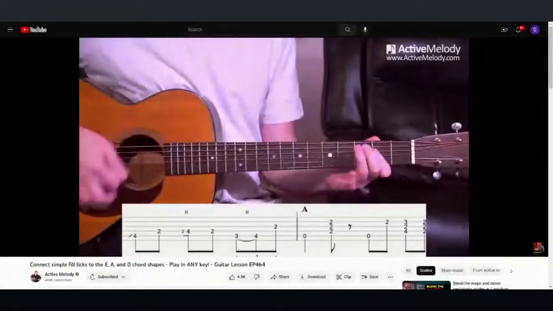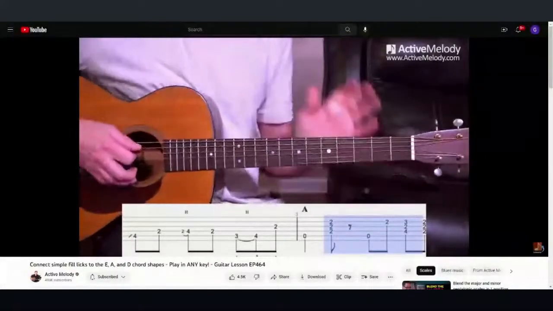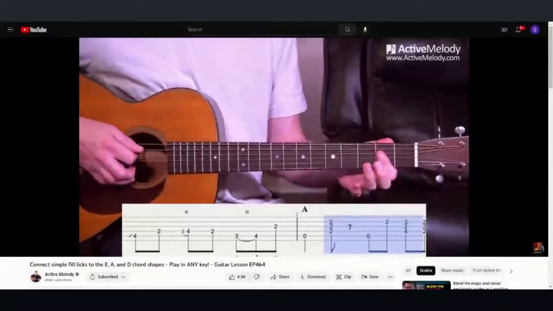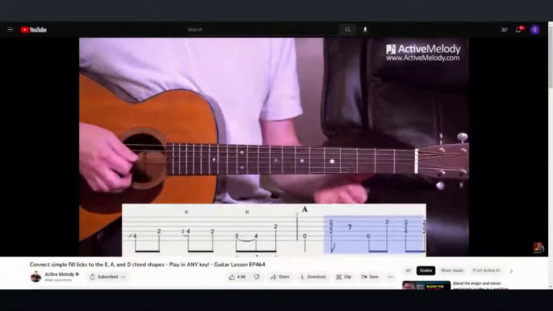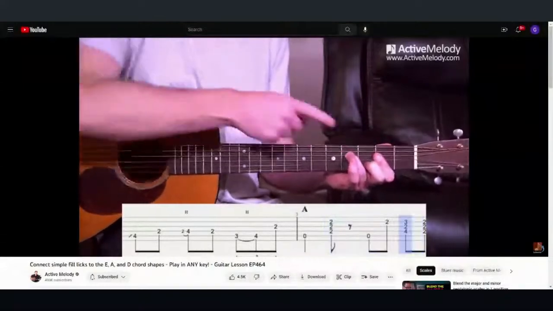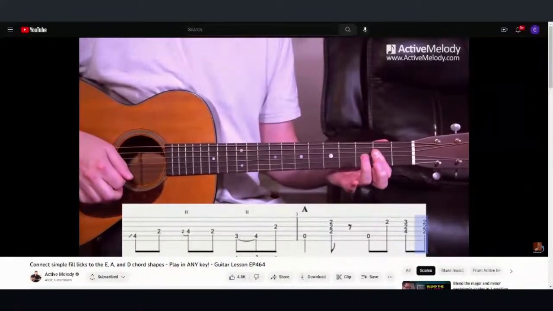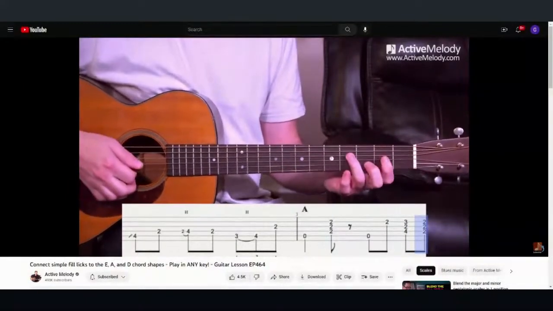And then after that, we have the little rhythm part. Now, we're going to play a chord there. So it starts on the open 5th string, and you strum a chord. And then I'm going to play this, which is our 4 chord. That's our D chord. And then back to the 1 chord, back to the A.